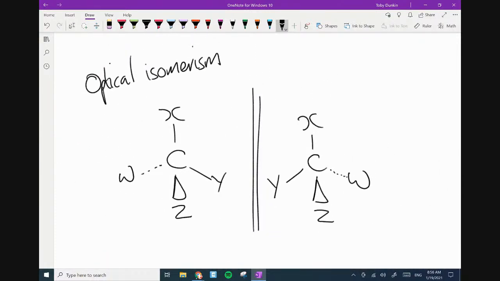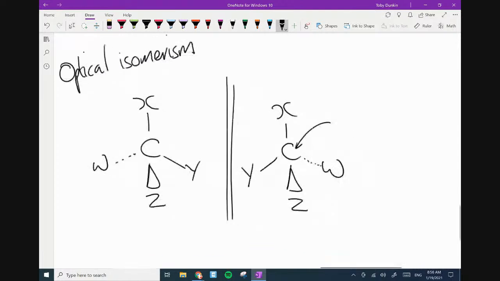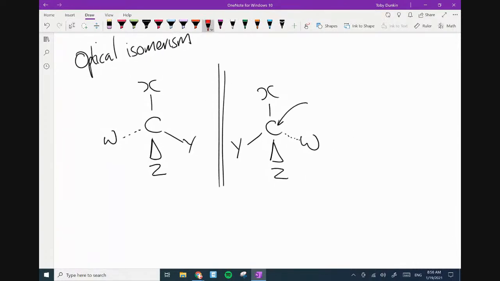Now, this carbon here, a carbon, this is a nota bene. This answers my second learning objective. Nota bene. A carbon atom,